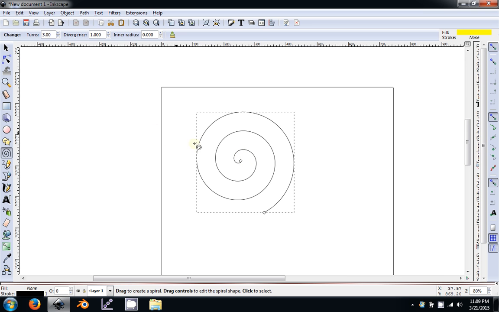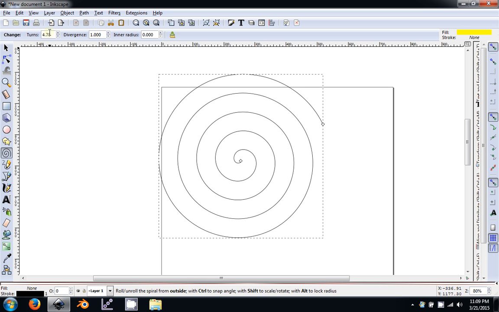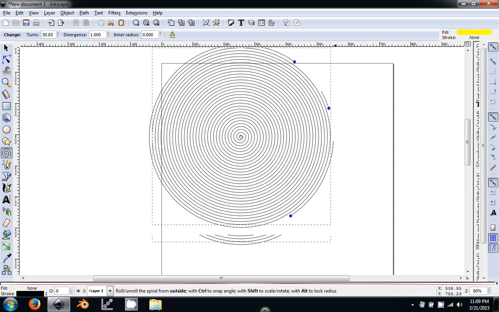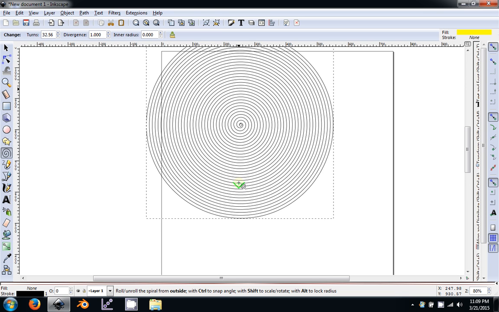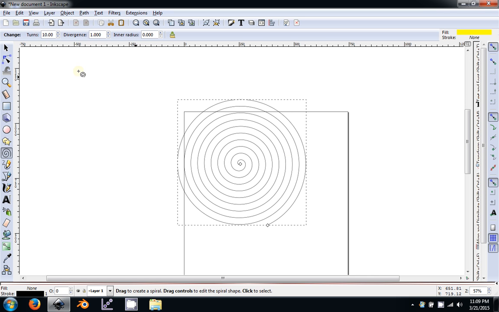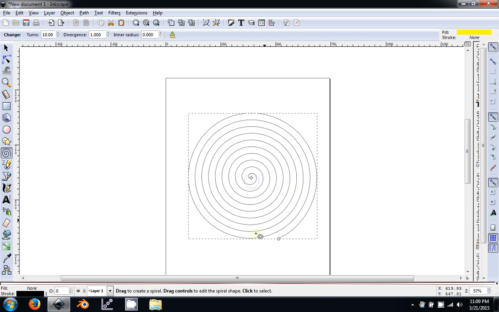Now the way this one works is this outside diamond, you click and drag and you can create more turns, which is reflected also in this number. As I scale that up, which it does much faster, is just creating more and more rotations. So I'm just going to keep this at a simple 10, just so it's not overbearingly everywhere. Double clicking it to get back into the template editor, and the inside number, which is the inner